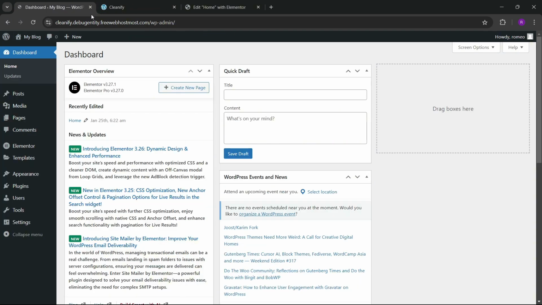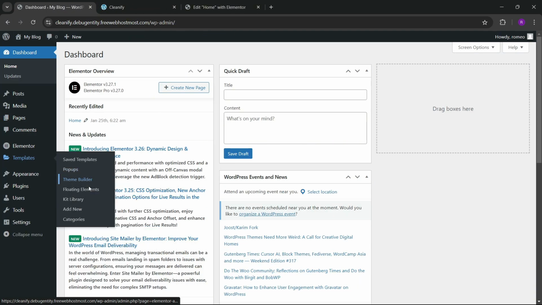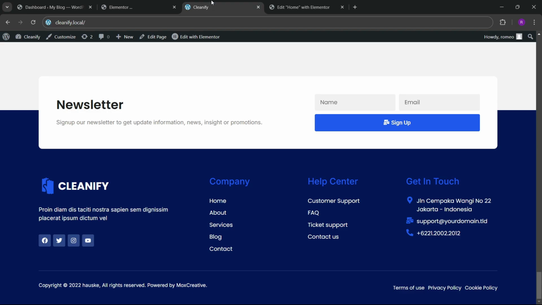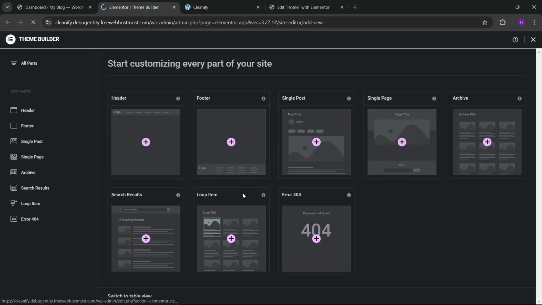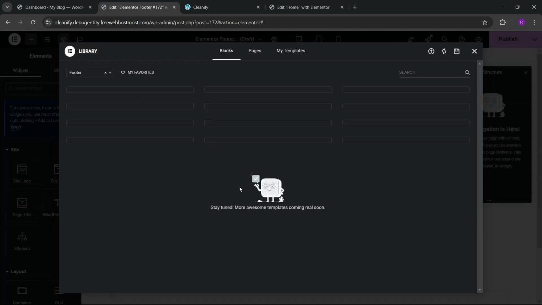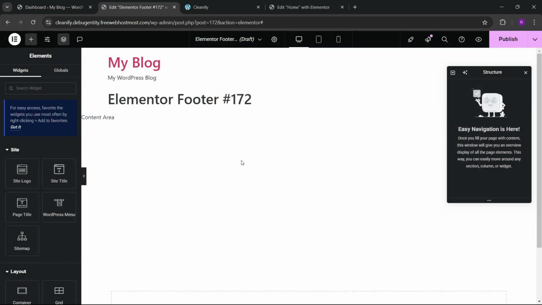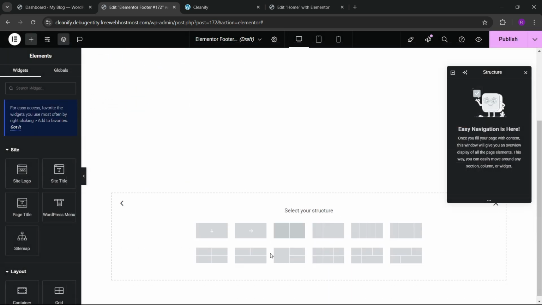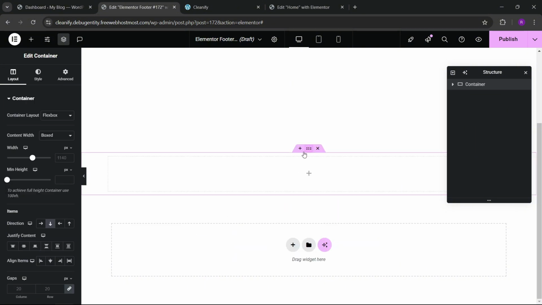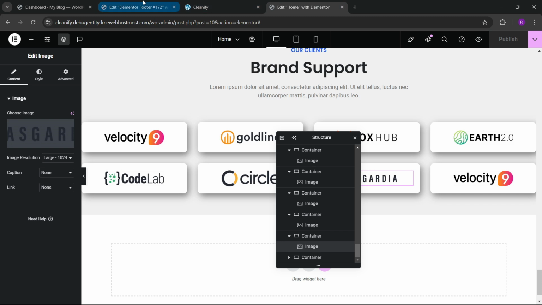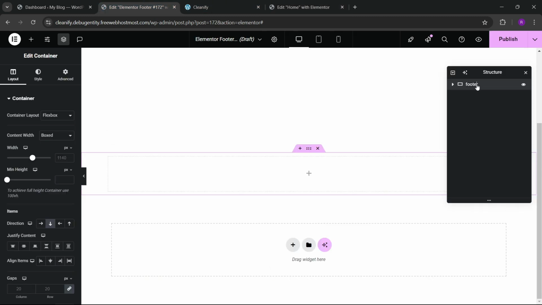So let me go here, and from here I am going to use my theme builder now. Okay, so now you can see that we have to build this type of footer. So for making this we have to choose a footer. So let's wait for it to open. Footer, and now we can make this